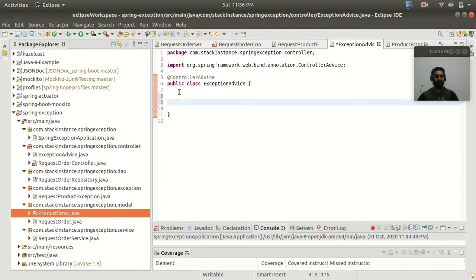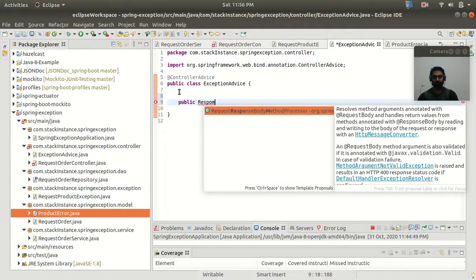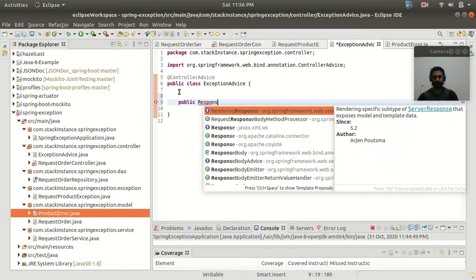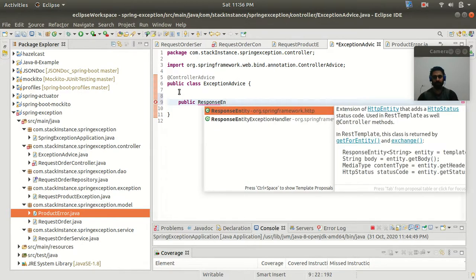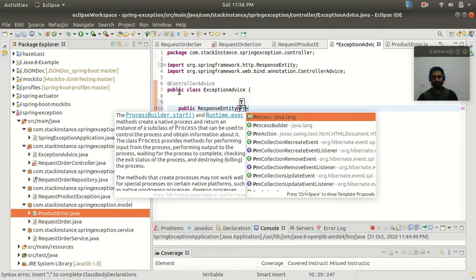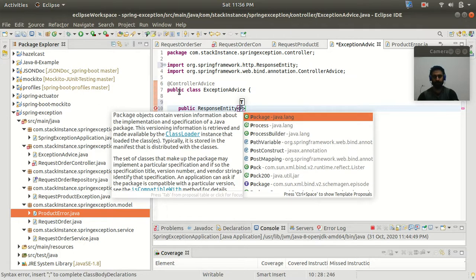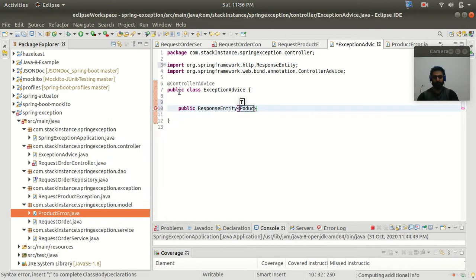All right, so for that, let's write one method, public, and here I will return a ResponseEntity, and in the generic part I will pass my model, let's say the model name as ProductError.